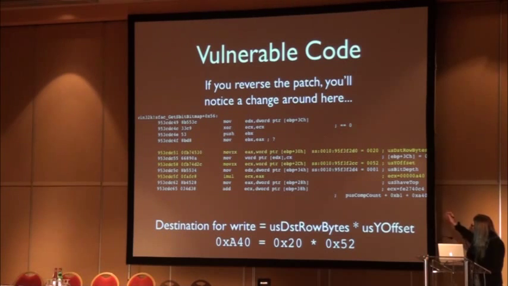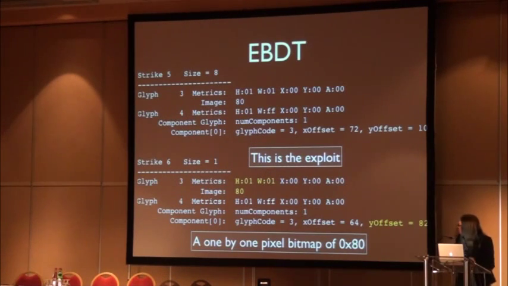In this particular exploit, it was 2,624 bytes past the beginning of the first buffer. I think that's right. And this is what it actually looks like in the file. So if you're writing a signature or something to detect this, you want to check that this value isn't really big. Basically, you take that number, multiply it by 32, and that's your offset. And this is the bitmap that gets written into memory. It's a 1 pixel by 1 pixel bitmap with only the high bit set.